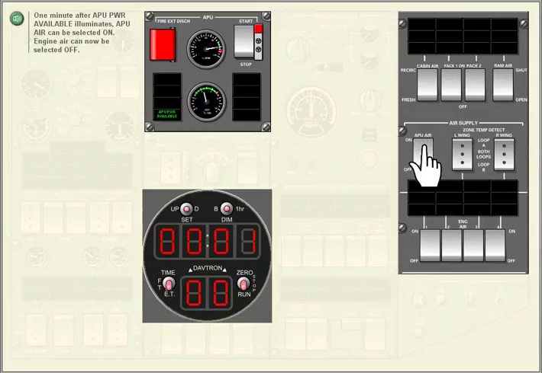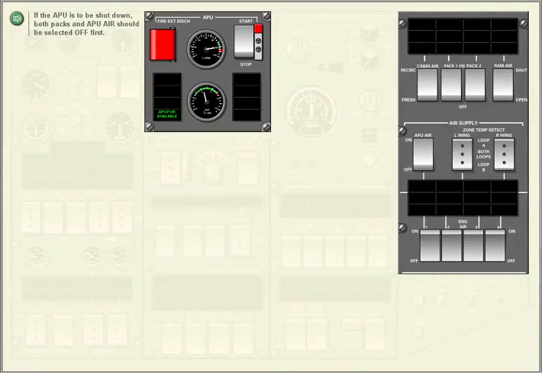Engine air can now be selected off. If the APU is to be shut down, both packs and APU air should be selected off first.